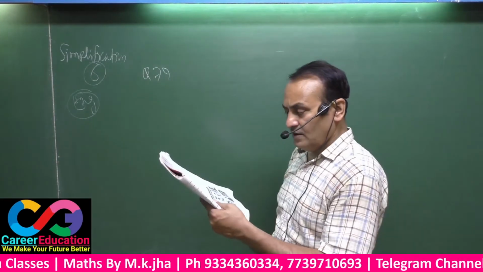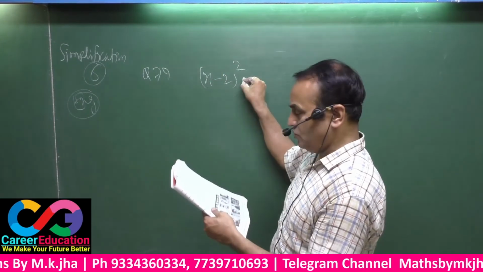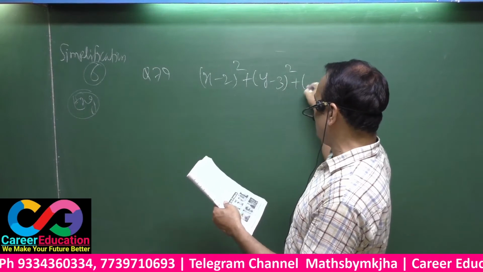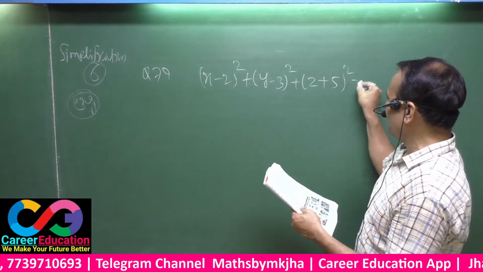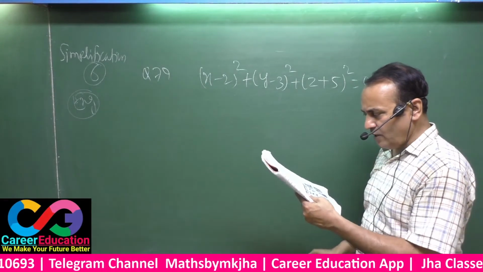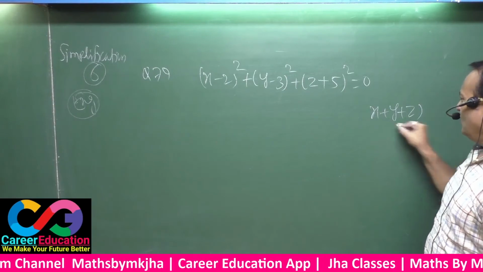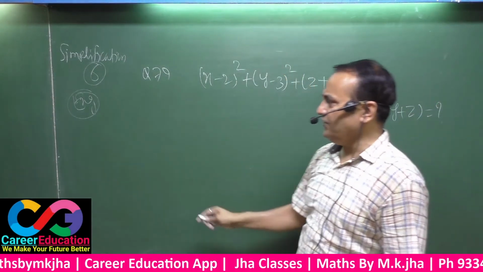Question number 79: (x minus 2) whole square plus (y minus 3) whole square plus (z plus 5) whole square equals 0, and you have to find the value of x plus y plus z. For this situation, you have to remember: